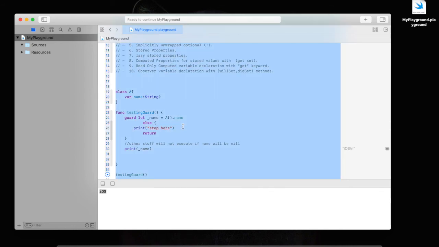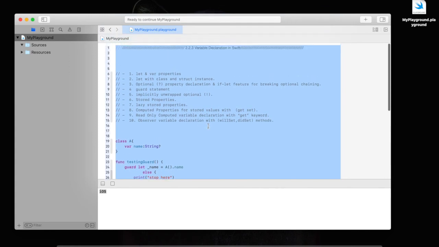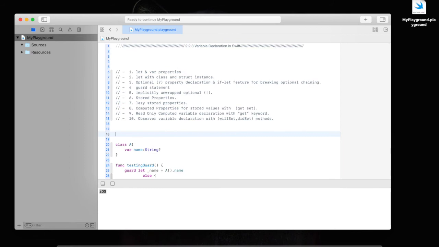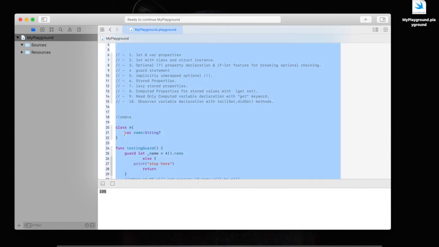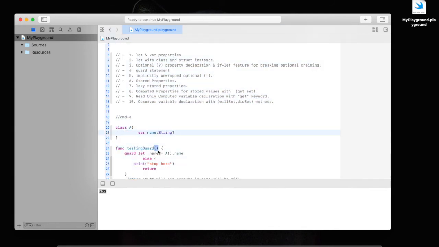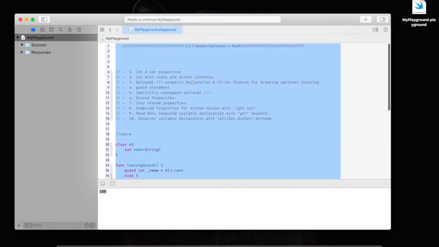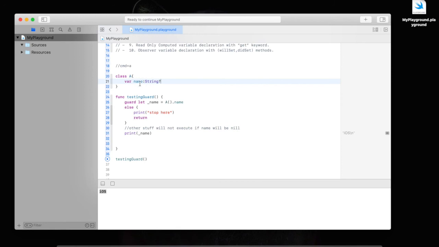Or one more thing I want to tell you: by pressing Cmd+A, you can select all. Then, if something is bad in your code, pressing Control+I will fix your code and it will be perfect. So Command A is for select all,